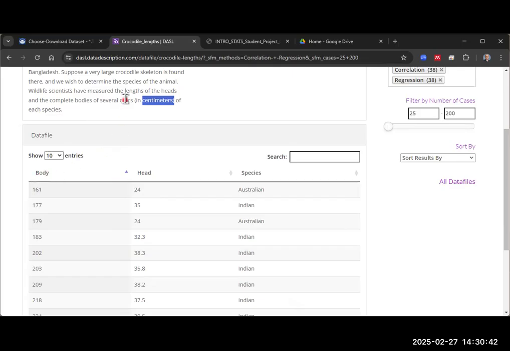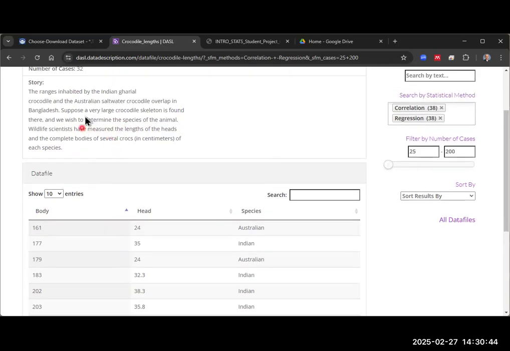Now, the body, it doesn't really tell us too much about the body. So we have to use our imagination here. Let's say that the body is going to be the length of the body, maybe from the snout of the crocodile all the way back to the tip of the tail. And that's in centimeters. So that would be 161 centimeters. So, you could think of this as being like the length of your head and then the length of your